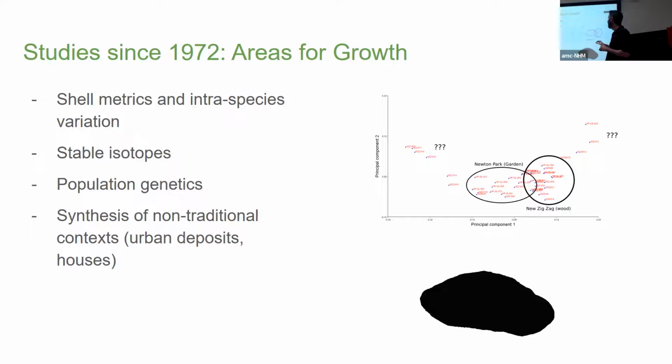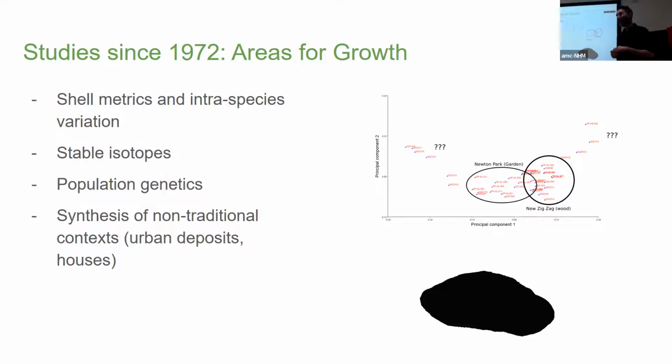I've highlighted here a woodland area and a garden area, but then these belong with these, but they're clearly some other group, and I don't yet have an explanation for what that is. All I can say is more data are needed. So I had hoped to have finished this by now, but it's becoming a bit of an ongoing slog.